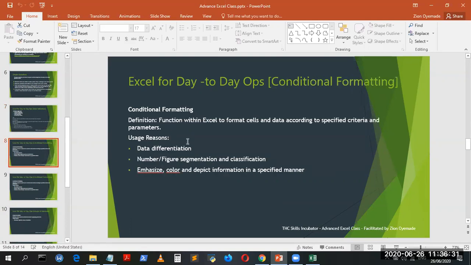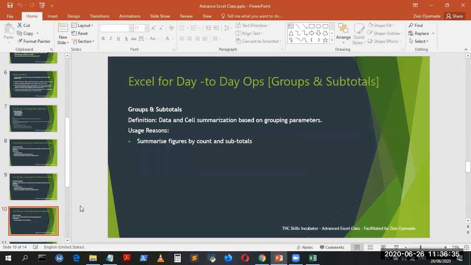We've already learned about conditional formatting. I'll just come back to it quickly. And then we did a summary. We can subtotal everything for that month or for that year. We can even subtotal by date and so on to have a summary of what is going on, which is